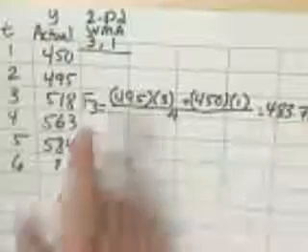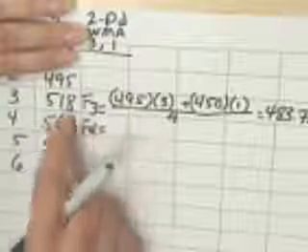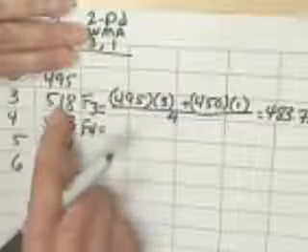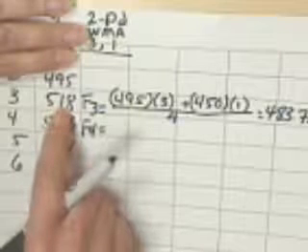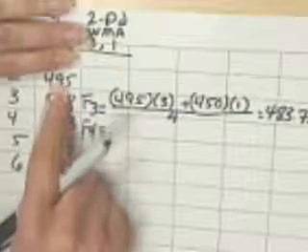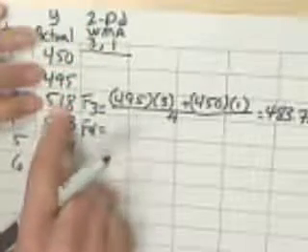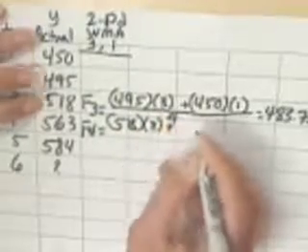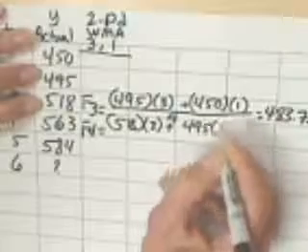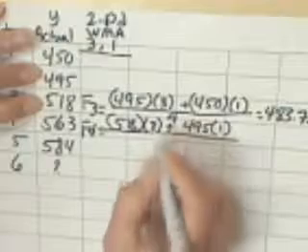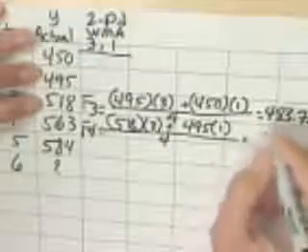So now, for time period 4, you drop out the 450 and you pick up the new number, the 518. So now this 518 is the most recent data, and the 495 is the older data among the two of them. So for these two now, 518 will be multiplied by 3, and the 495 will be multiplied by 1. But for this problem, the sum of the weights remains 4,